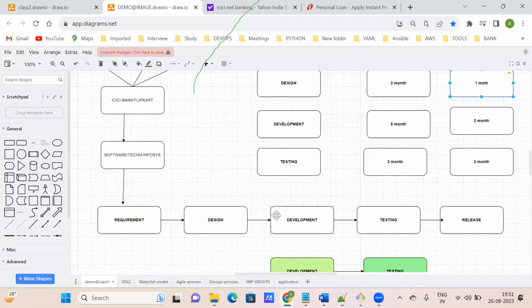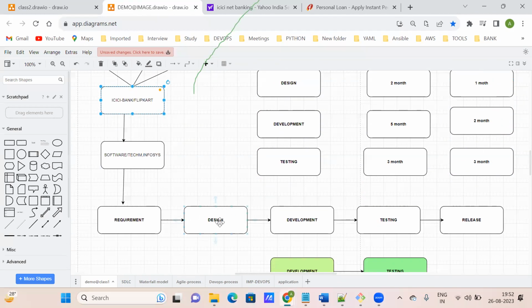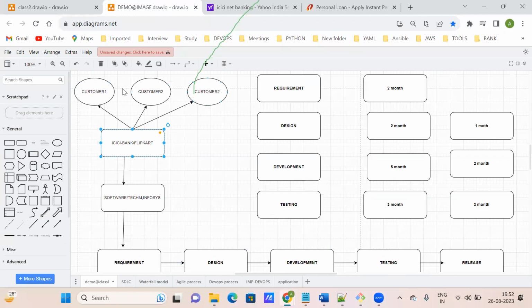But we already declared and updated ICICI Bank that your project will be delivered in 12 months. But actually it is taking 2 years or 3 years, based on your problem. The customer will not wait for that. And maybe a competitor of Flipkart, or a competitor of ICICI Bank, let's say HDFC, may release their internet banking before that.